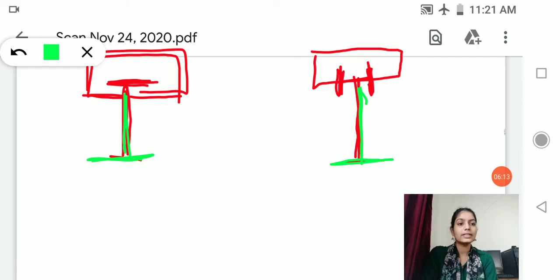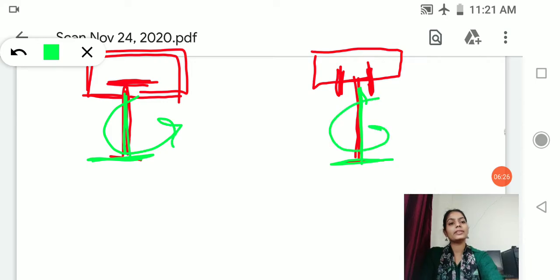If due to that twisting moment your beam experiences torsion, and may have a chance of failure due to torsion, then that kind of beam is called laterally unsupported, right?